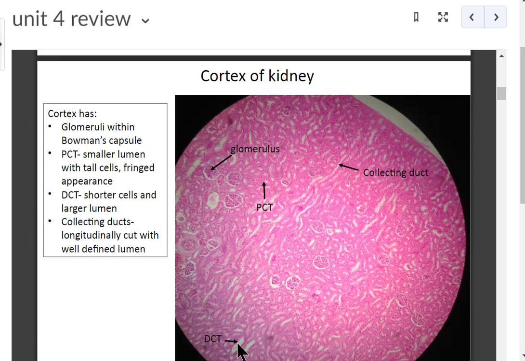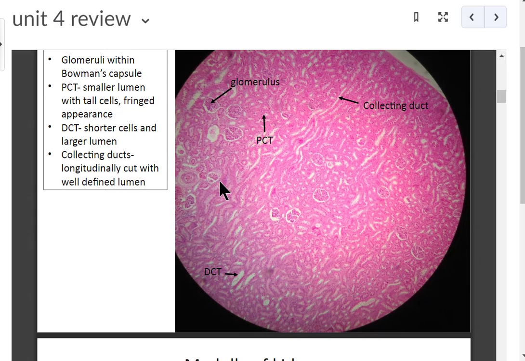So you can see the lumen in distal convoluted tubules, whereas in proximal convoluted tubules you can barely make out the lumen. Okay, so where you can see the lumen, that is a distal convoluted tubule. And typically collecting ducts also have a lumen, so you could call it collecting or distal, but collecting ducts are usually cut longitudinally. So when you see a long structure with a lumen, that would be the collecting